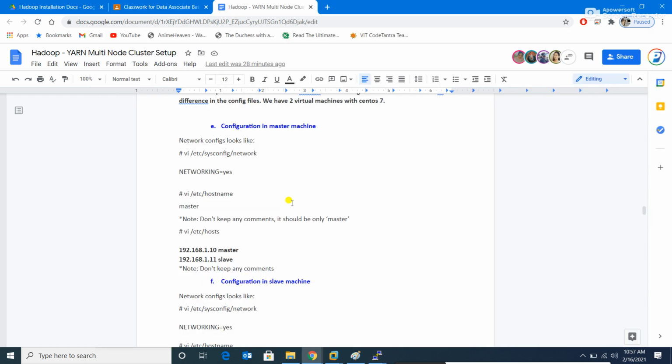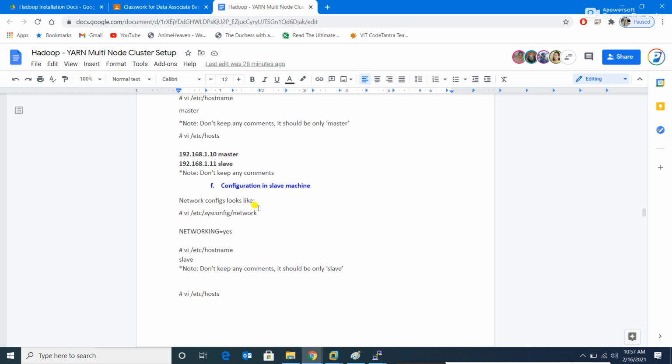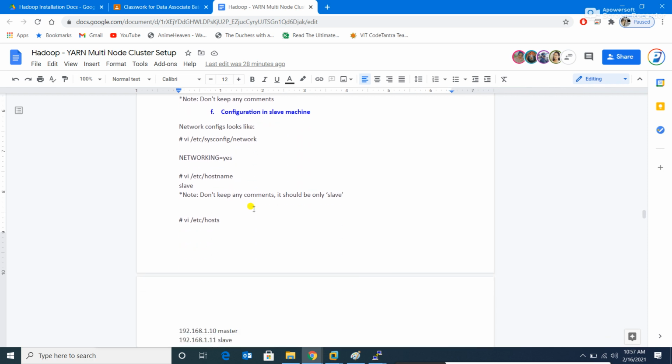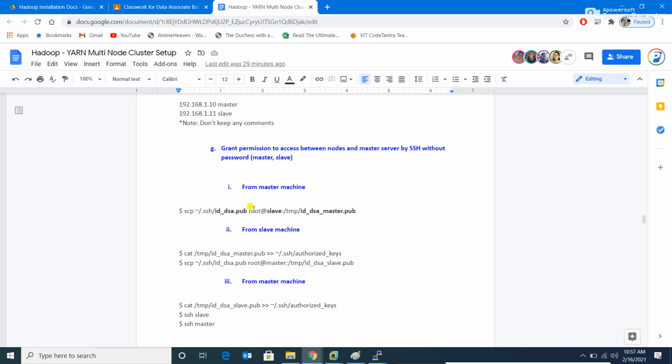We have already done this part. Moving towards next. Sysconfig network we have done, hostname we have done, hosts we have done. Now this part, look at this. From the master machine you have to run this command, and from the slave machine you have to run this command.